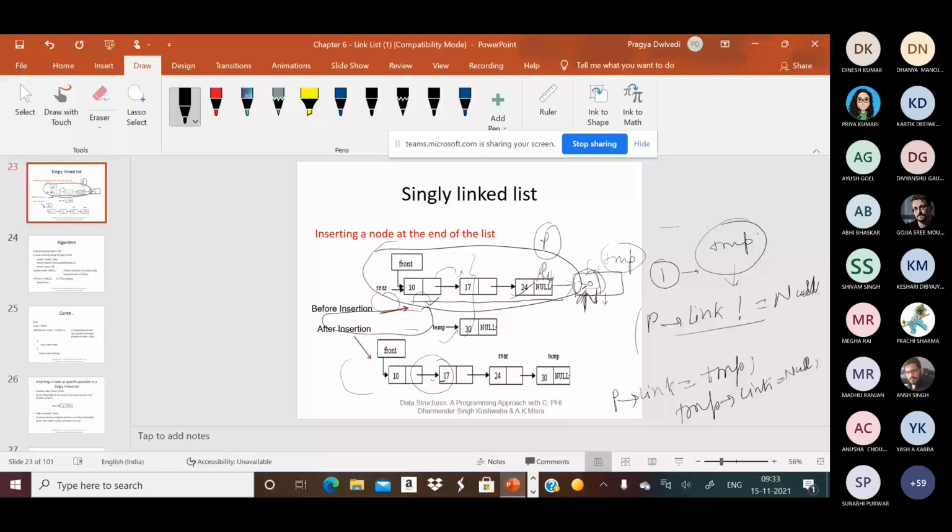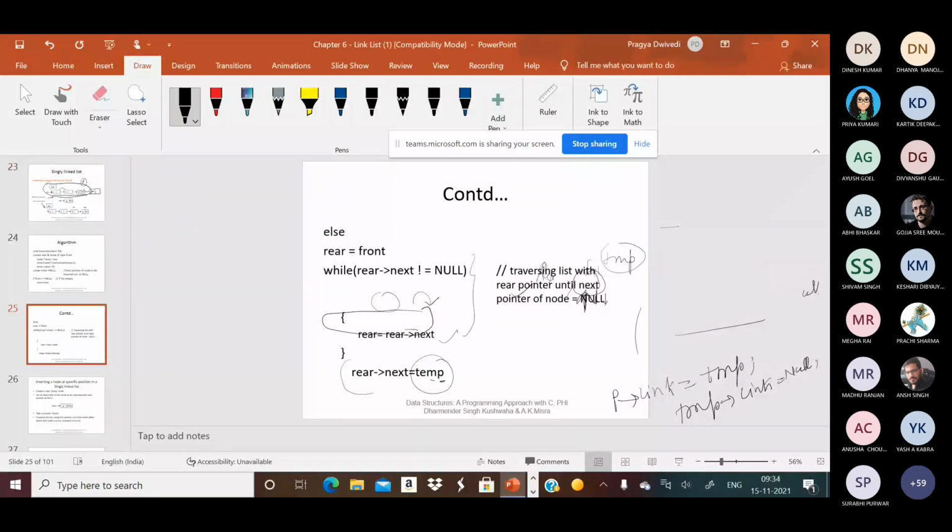Is this clear? And if you want to insert the element at the beginning of the list or at the end of the list. Yes. Now,